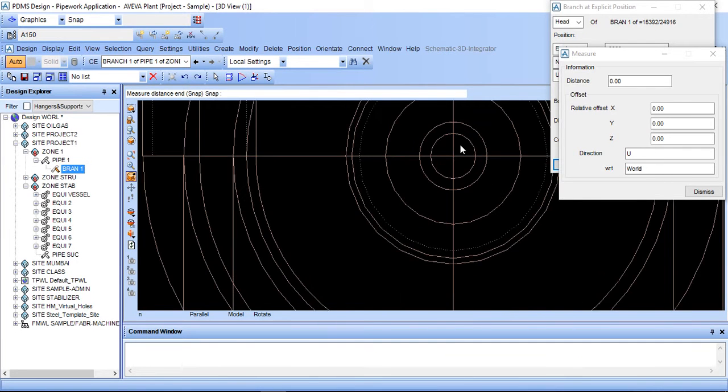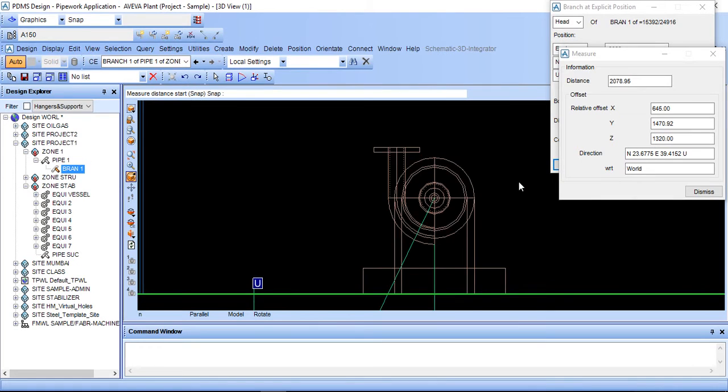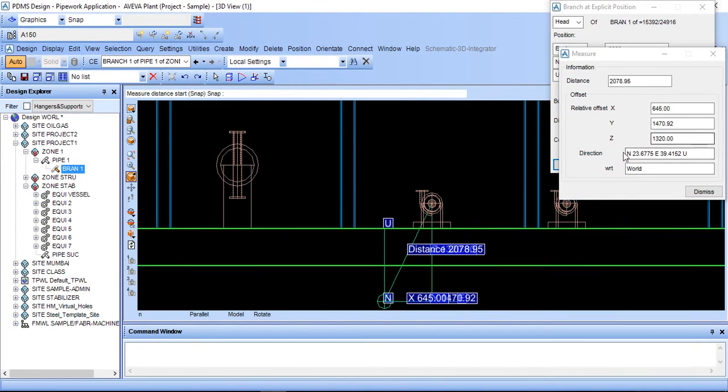Go to exact center of it and match this. So this distance is Z 1320. Just copy it,